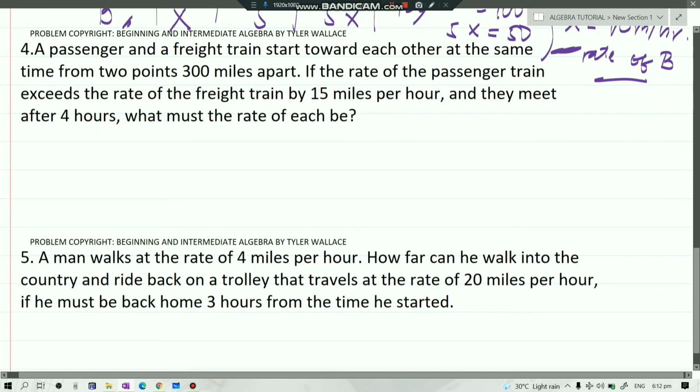A passenger and a freight train start toward each other at the same time from 2 points 300 miles apart. If the rate of the passenger train exceeds the rate of the freight train by 15 miles per hour, and they meet after 4 hours, what must be the rate of each? So, ano yung solution natin dyan? So, our solution in that problem is,